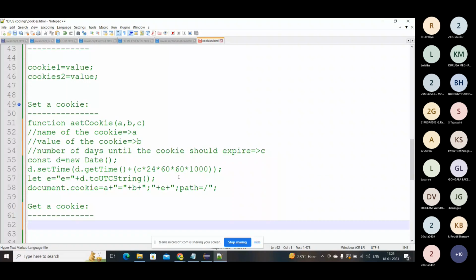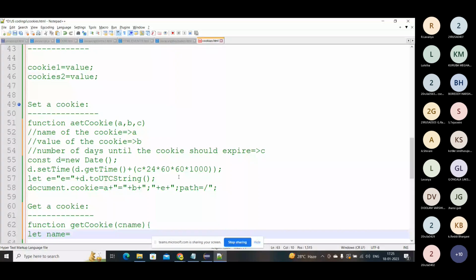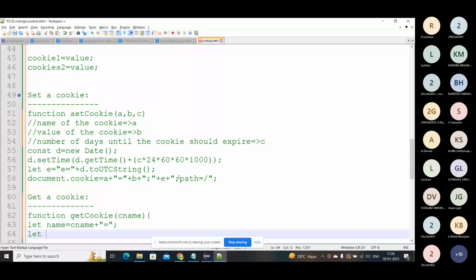Okay, so first I'll mention the function keyword, and I'm giving some name for this, getCookie, and the variable name is A, or I'll give it as cname, cookie name. Let name equals cname, and let decodedCookie. So decodedCookie is where you're going to get the information.